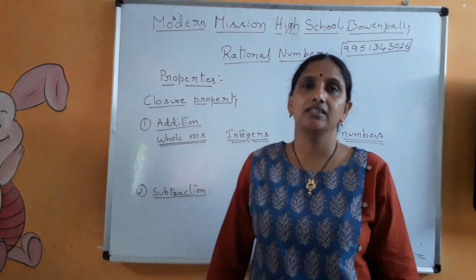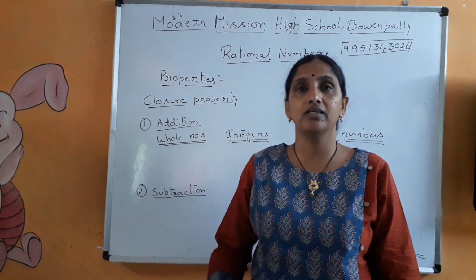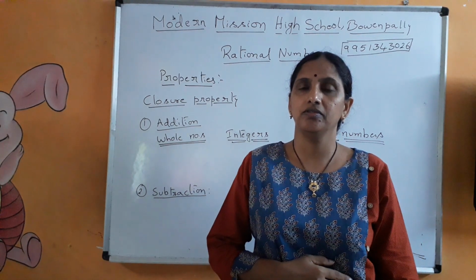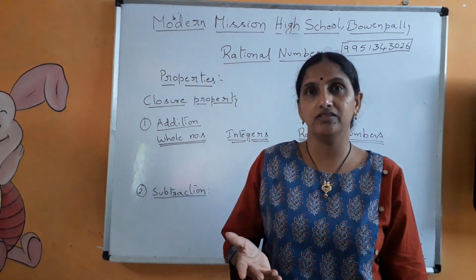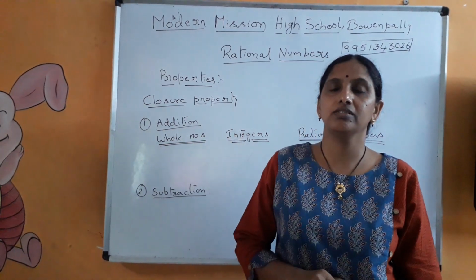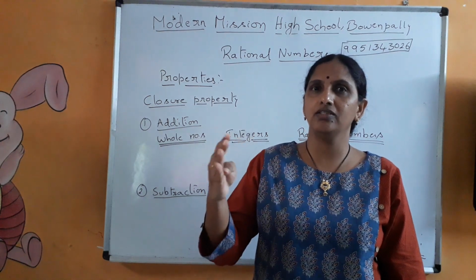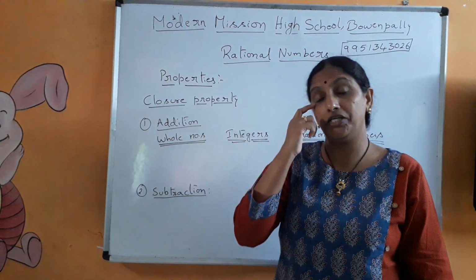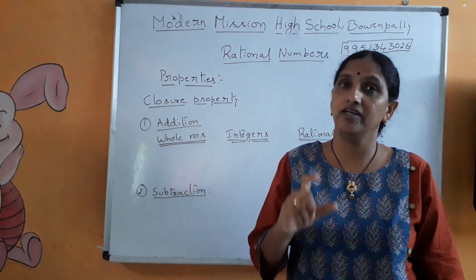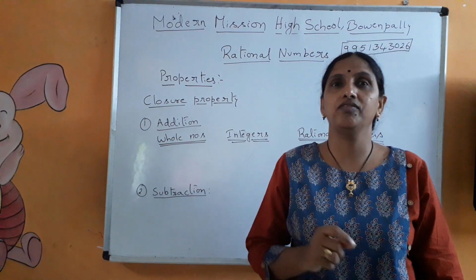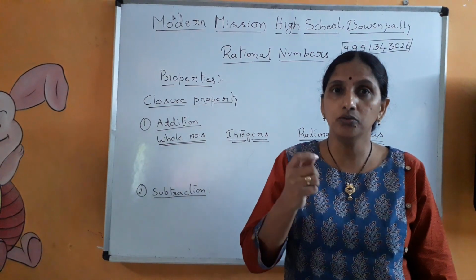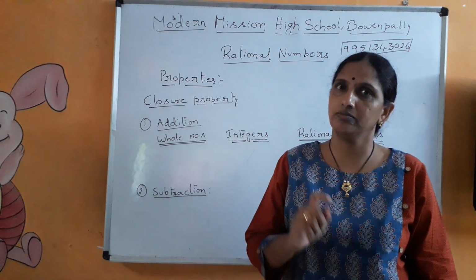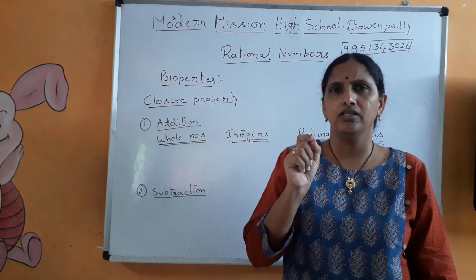In the previous class, we discussed integers. What did we learn about that? What is the definition of an integer? Afterwards, we moved on to rational numbers. Of course, we covered all natural numbers, whole numbers, integers, and then finally we started with rational numbers. In that, we defined a rational number. Then we saw how to identify a rational number. Just let me give you a quick review of it.